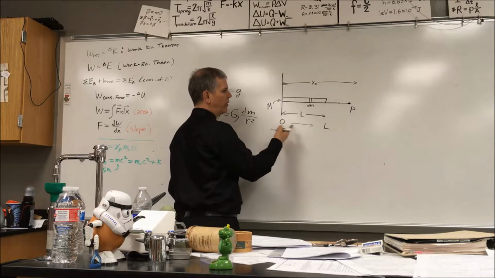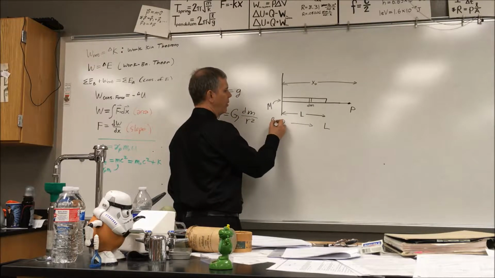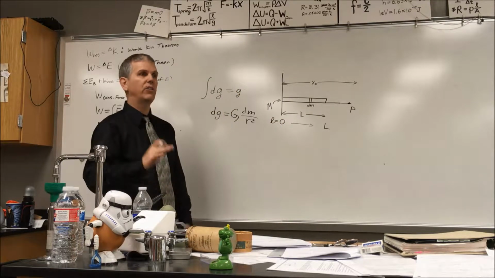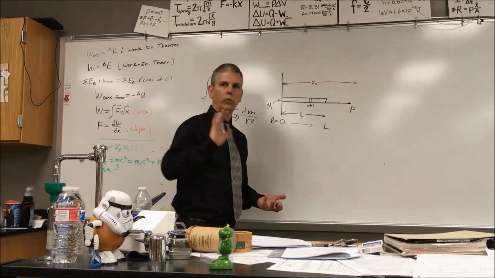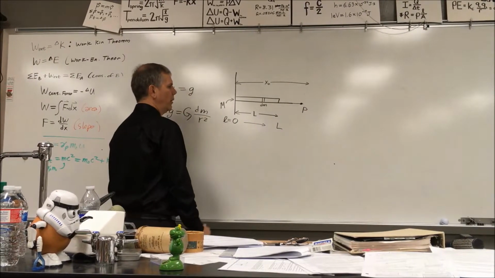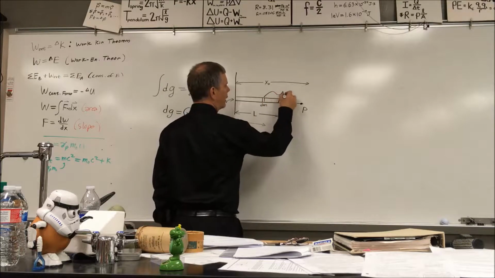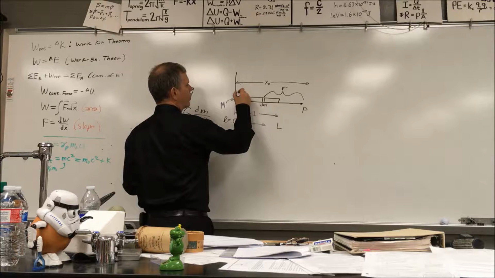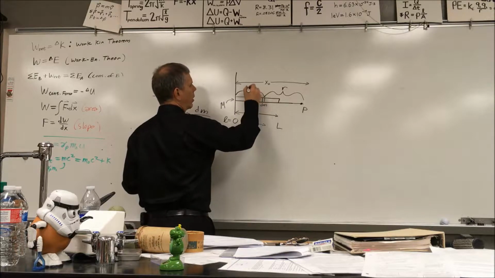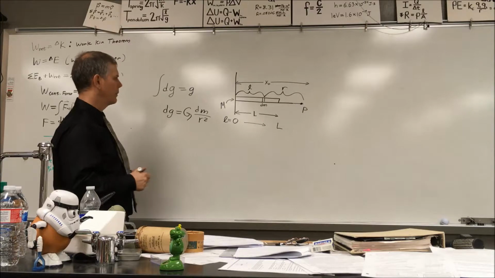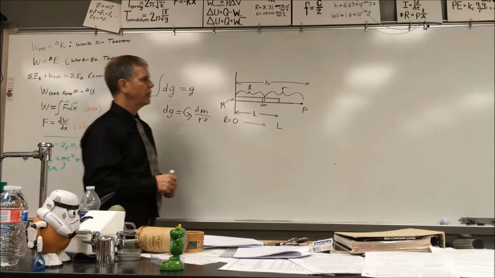We could say L equals 0 and L equals big L. And we're going to sweep from one to the other and add them all up. Well, r would be this. And this distance right here, we're going to call L. We could call it x, whatever, okay? And as you can see from here,